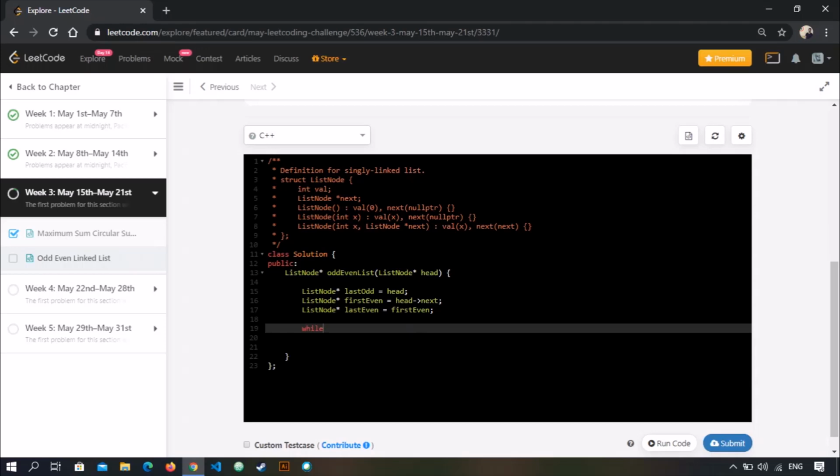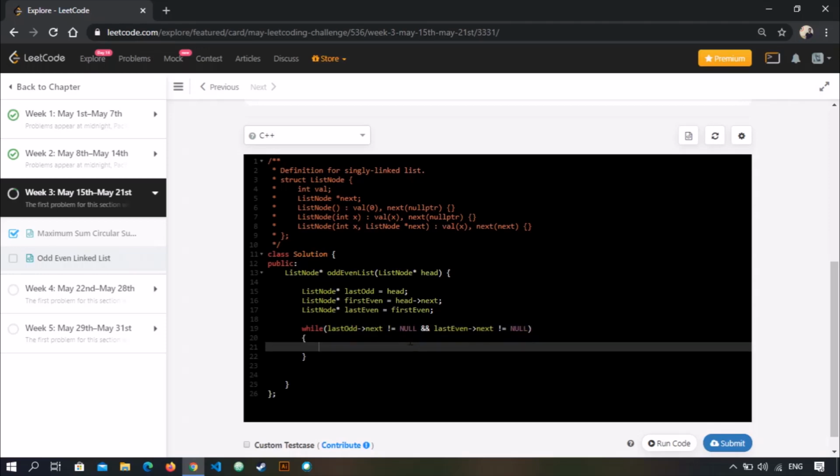Now while last odd's next is not equal to null and last even's next also not equal to null, we just update our pointers.